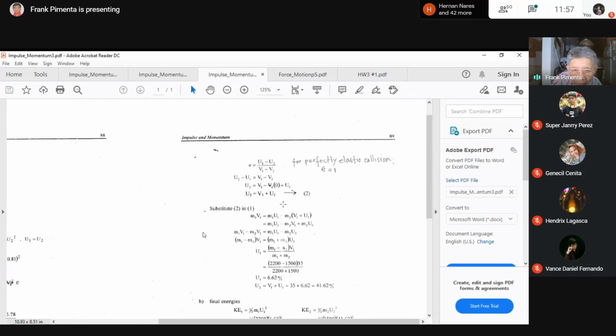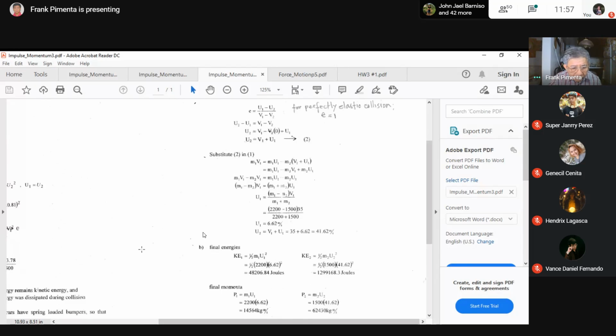So, we can get the equation of U sub 2, since B sub 2 is 0, U2 minus U1 equals V1. U sub 2 now is equal to B1 minus U sub 1. That is the equation for U sub 2. And so if we substitute this to the energy equation,